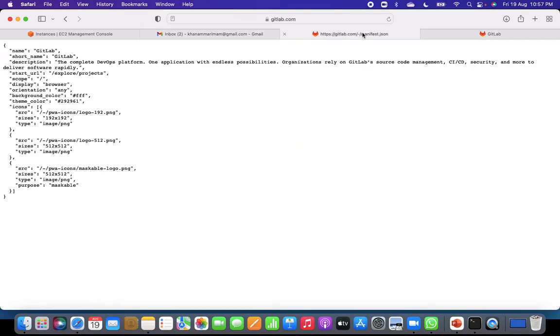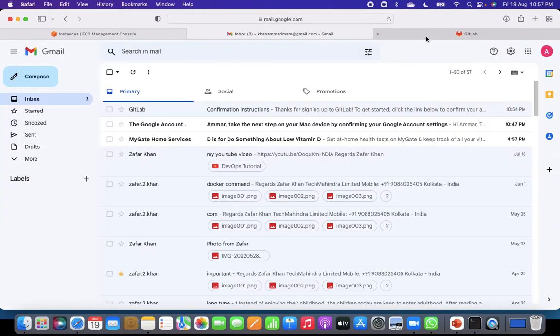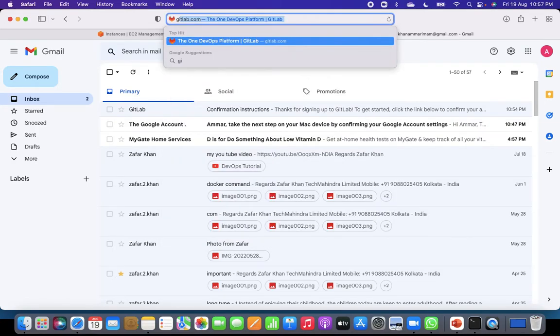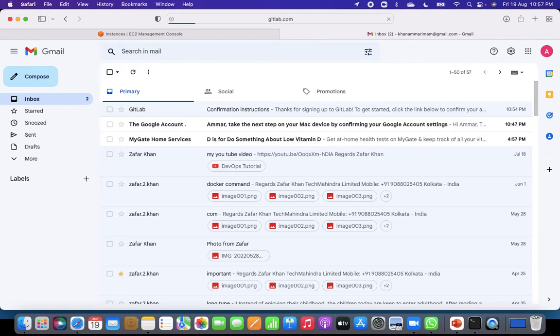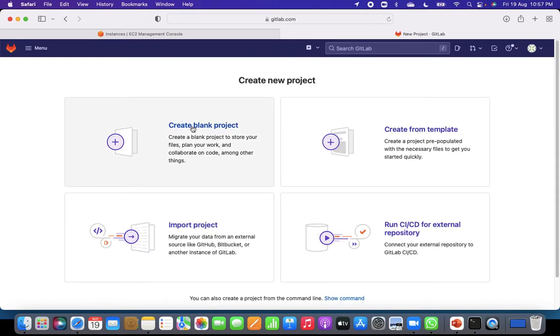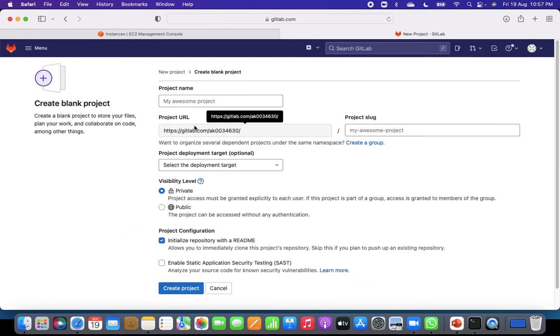Okay, so what I will do, I'll remove all those things and log in again. So let's put gitlab.com. I don't know why they asked for that information. So in GitLab, I think I am inside. Let's create a project. Create a blank project. Okay, so now it is created. Basically, there was a lot of information they were asking. I don't know why they were asking. So anyway,